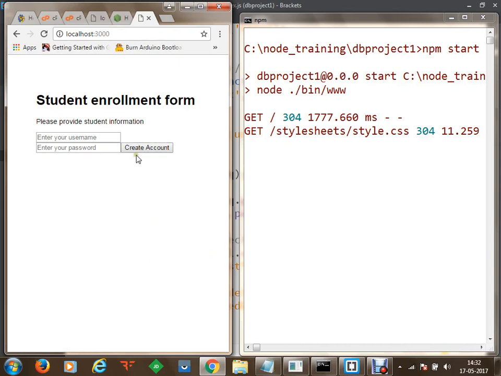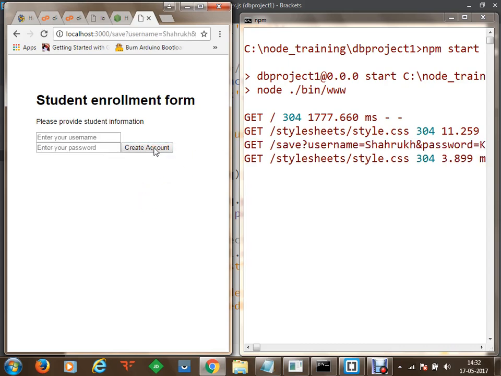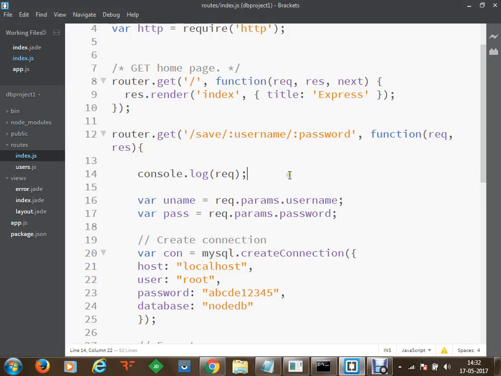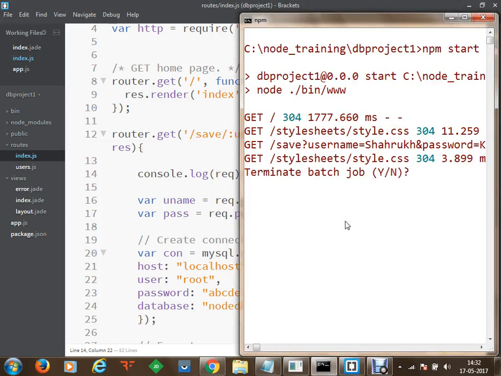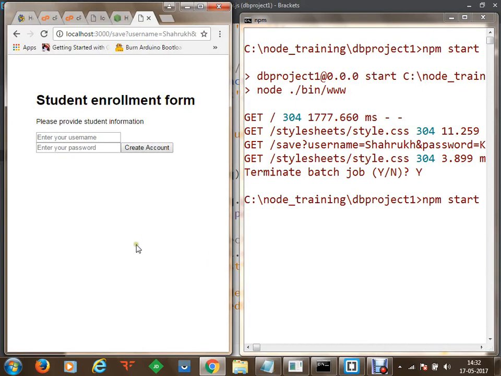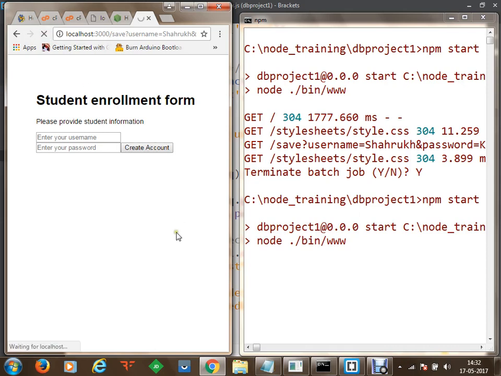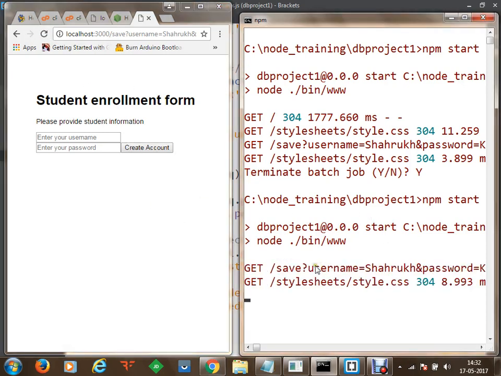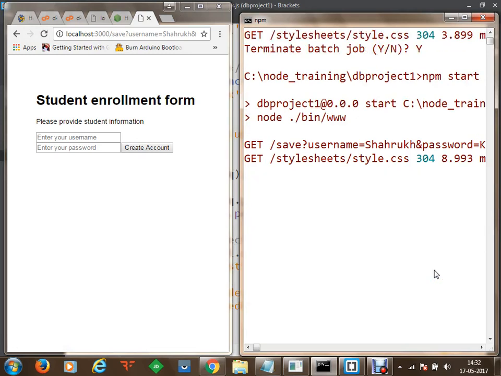Now when we send some information from here, let's say I have sent information about Shah Rukh Khan as soon as we create an account. Haven't I saved that? Oh, I'm sorry. Let's save it using Control S, and let's test that again. So now once we are sending a request with the parameters, something like username Shah Rukh Khan and Salman Khan, we should get the request parameter logged here.